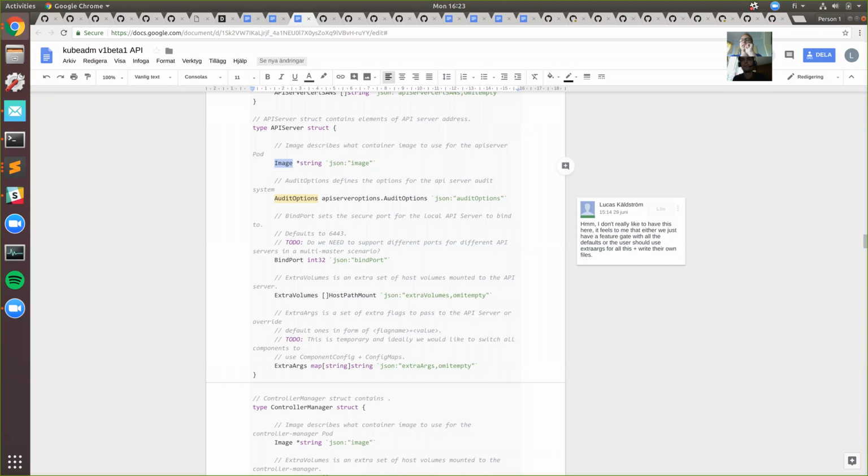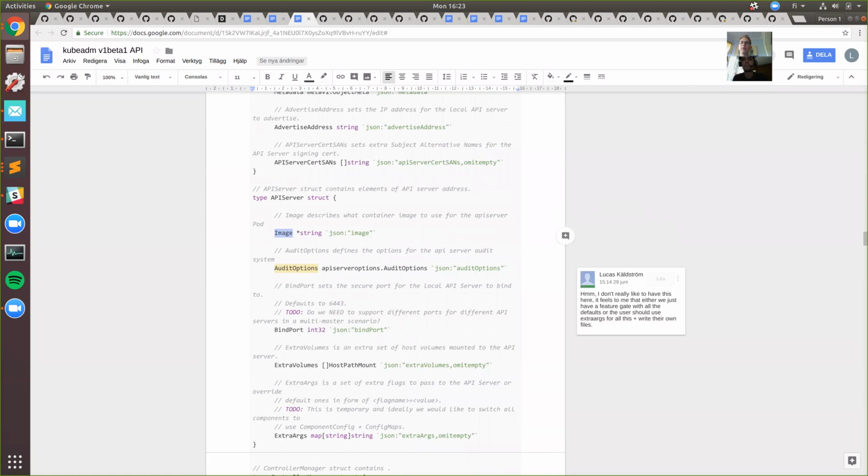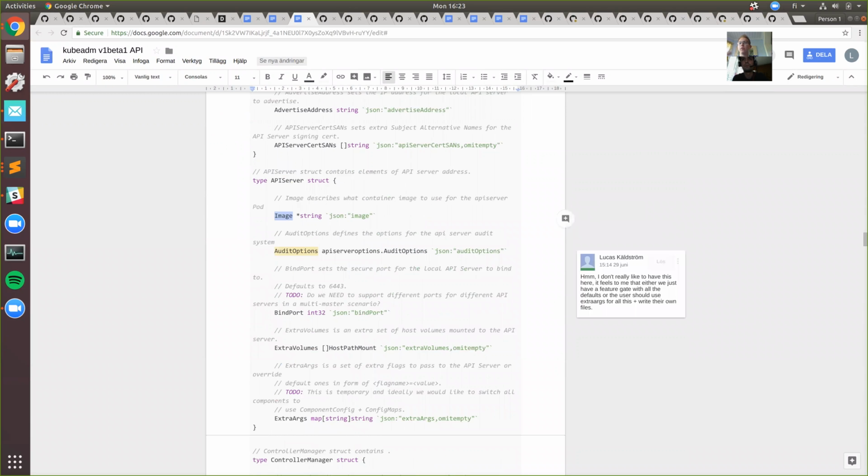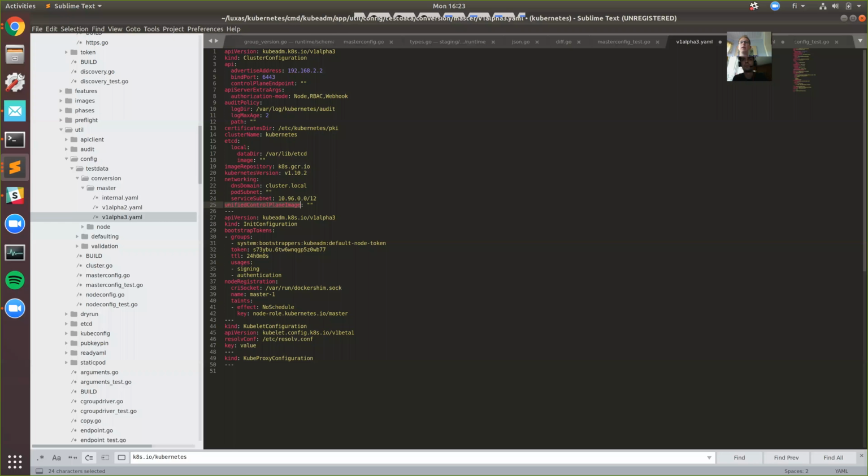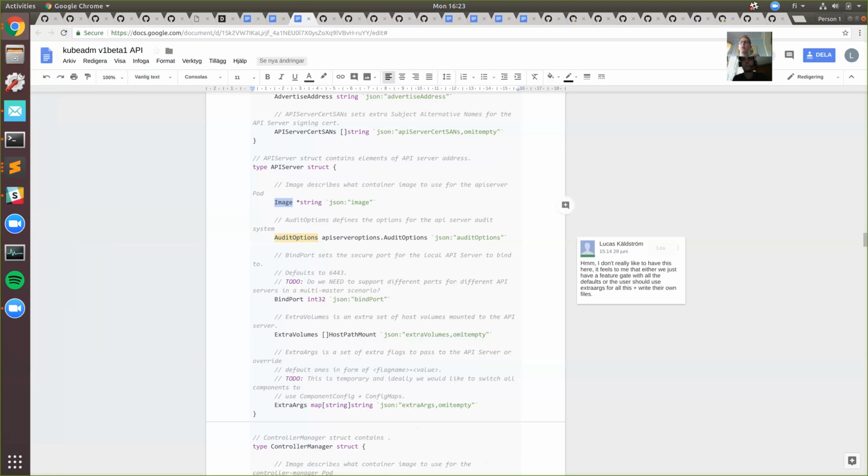What I'm not sure about, and what I would like your opinion on, is that we do defaulting today, where we calculate the image name based on the image repository and Kubernetes version. So do you think that in defaulting we would populate this field, or would it be left unset in case of